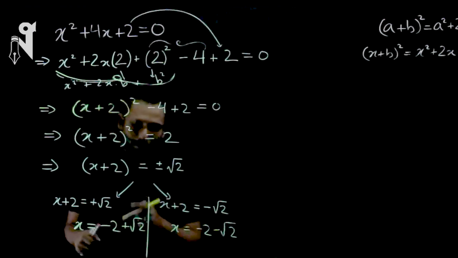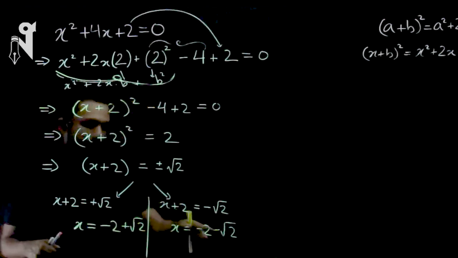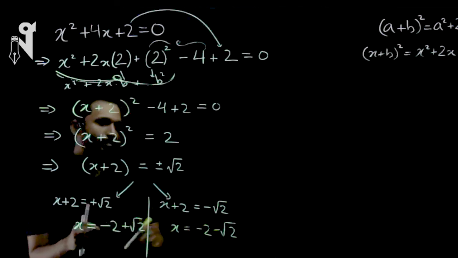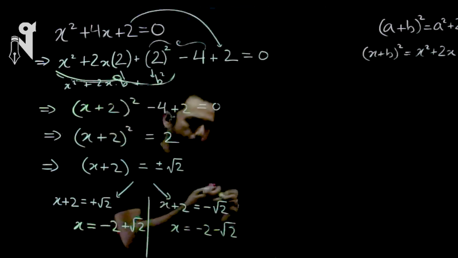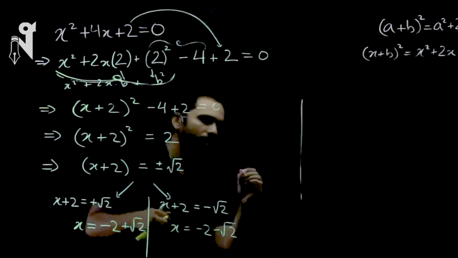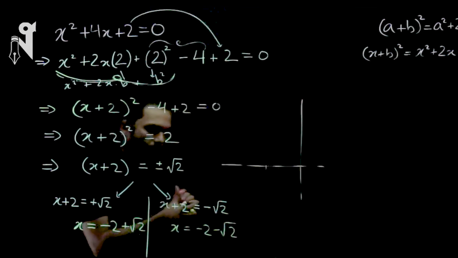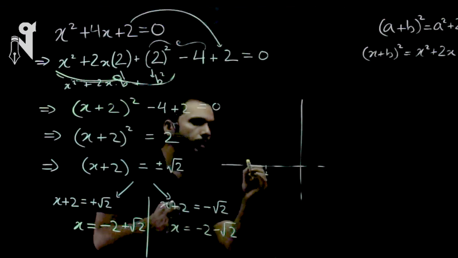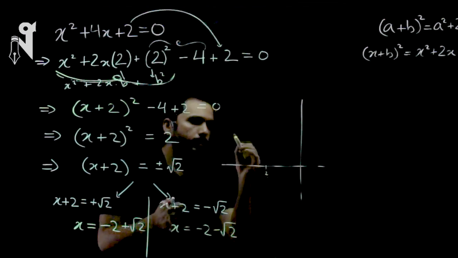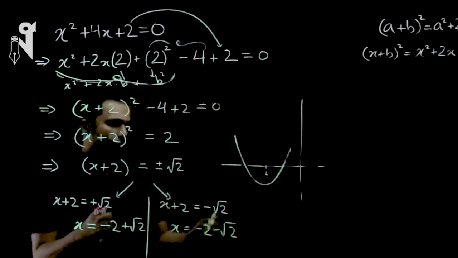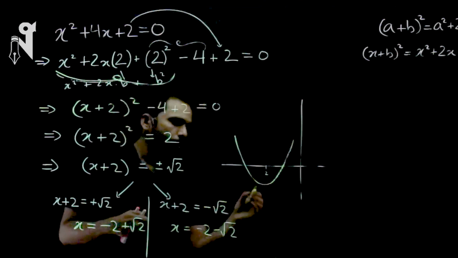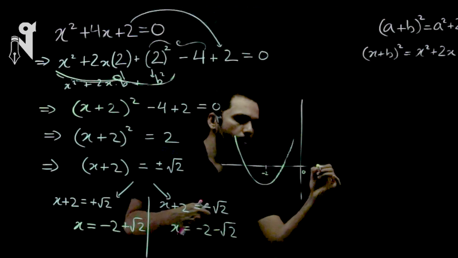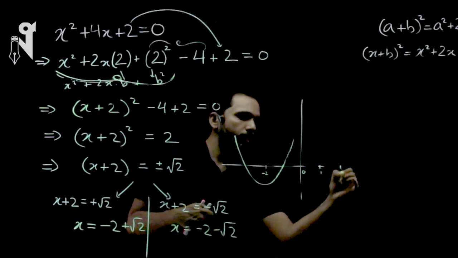If you go back to the graph, this is going to ratify the graph also. Here x is minus 2 plus something and minus 2 minus something. If you can recall, the graph had dropped down from 2 and it was something like this. So that was the minus 2, that's your 0, and this is your plus 1, plus 2.